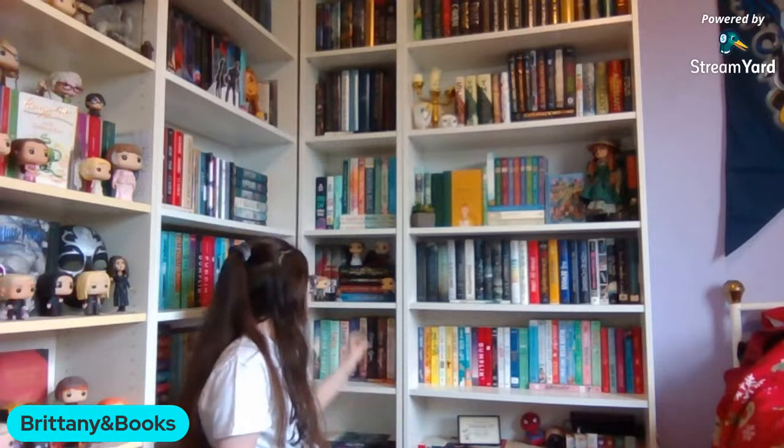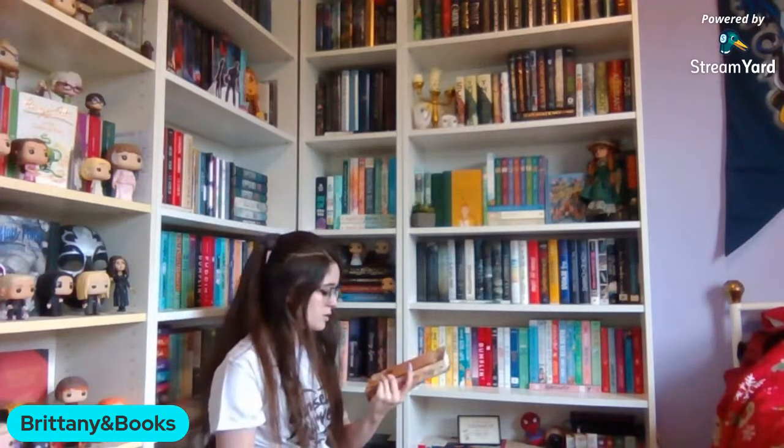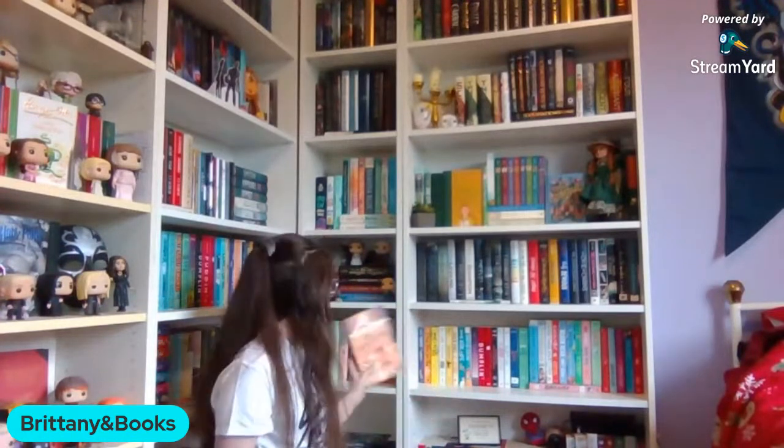I don't need another copy of Alex Approximately. But I feel bad getting rid of it because I only bought the hardcover because it was like $6 or $3 at Chapters. It was mega on sale. And I wanted it to match my other copies of her books. But my mom bought me this one, so I feel bad getting rid of it